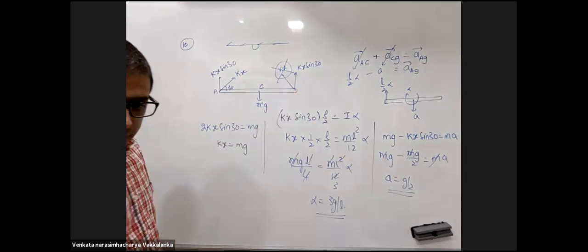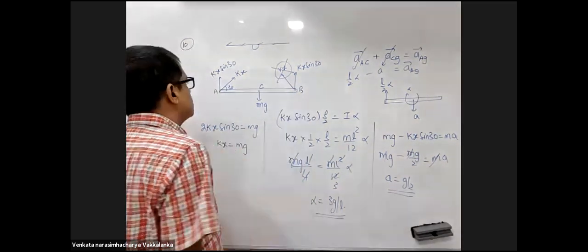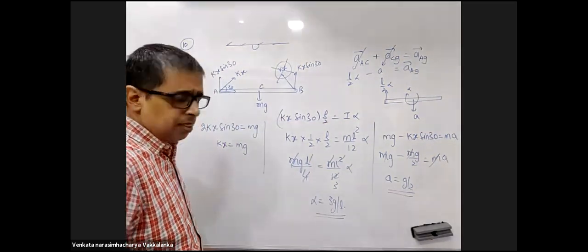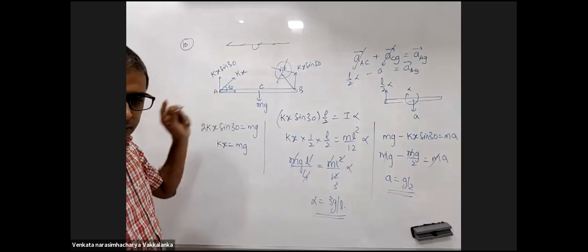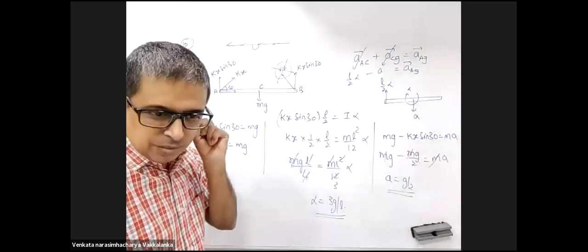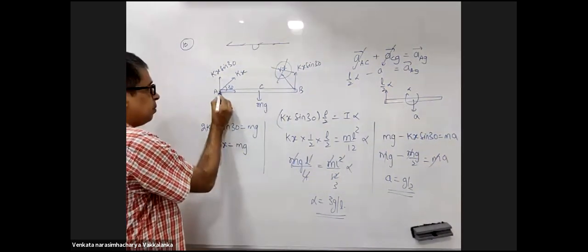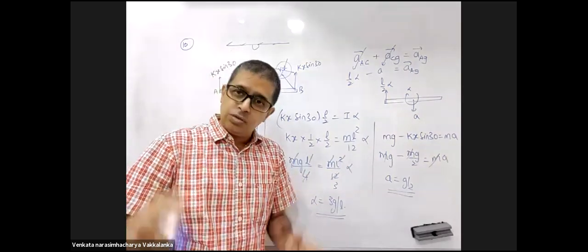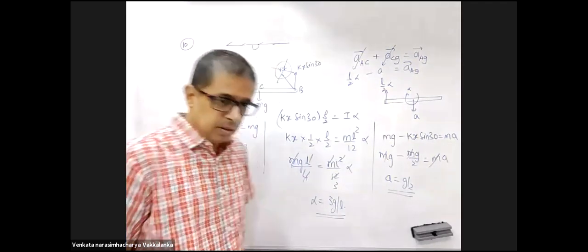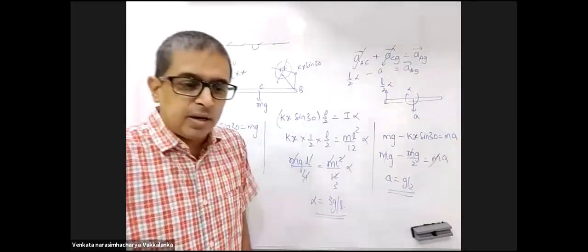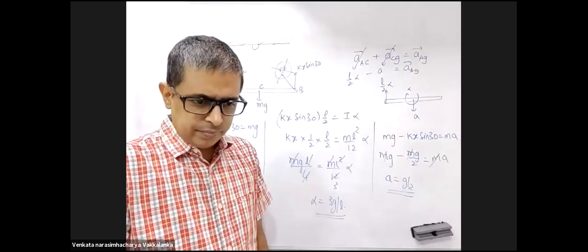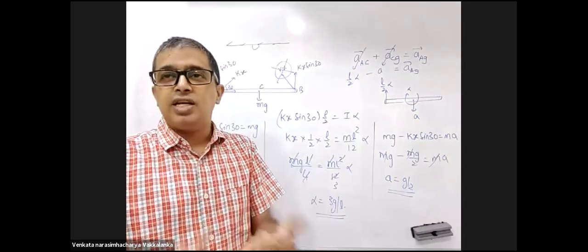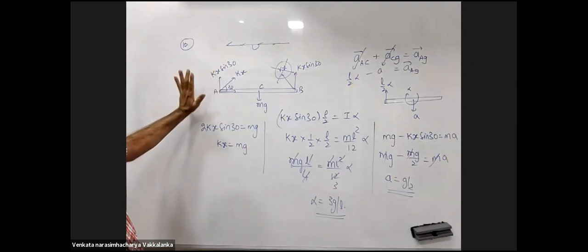Sir, point A will accelerate horizontally also, no? Sir, they have asked at that instant, so the spring will remain the same, right? Now listen, whoever wants to take centripetal acceleration, what is omega at that instant? 0. So how much will the centripetal acceleration be? 0. Where did you see a string in this diagram? Sorry sir, I said it by mistake, I meant spring. At that instant if x doesn't change, kx will not change. So the value of kx will be the same.